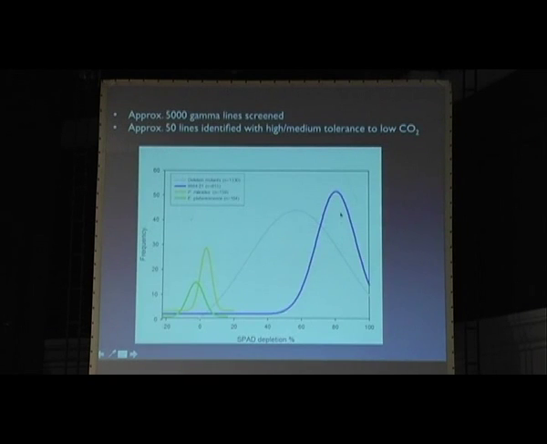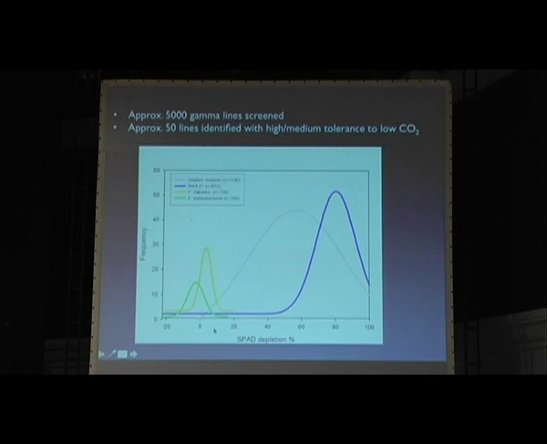And we found that, very pleasingly, the amount of chlorophyll lost by the mutant population was actually lower than the percentage chlorophyll lost by the parental lines, which means that we can use it to screen for tolerance to high light and low CO2. So we're looking for lines down here. These yellow and green lines are C4 plants. So these lines over here actually overlap with C4 plants, which is very promising